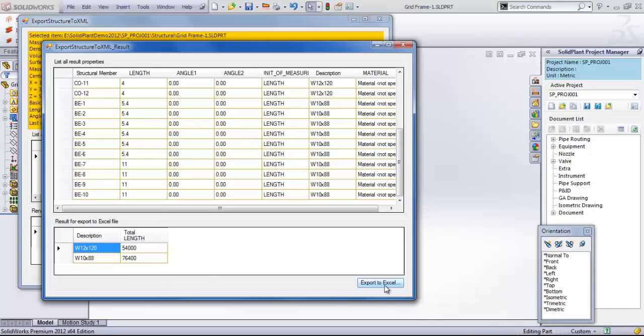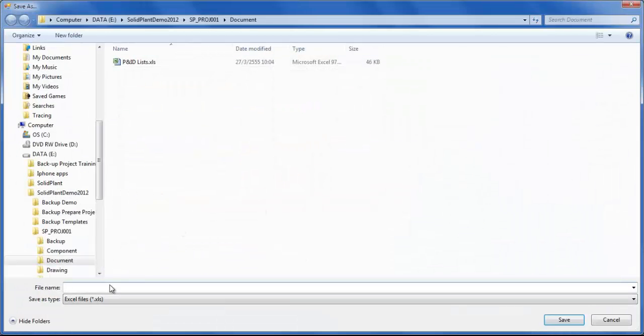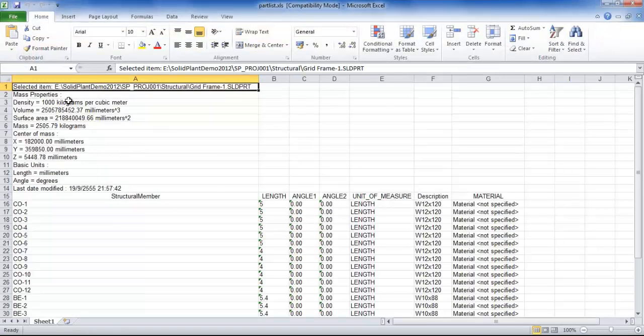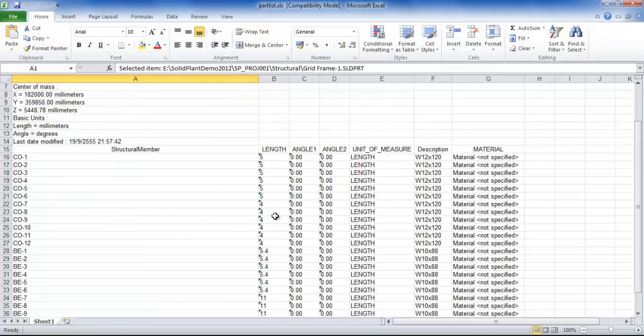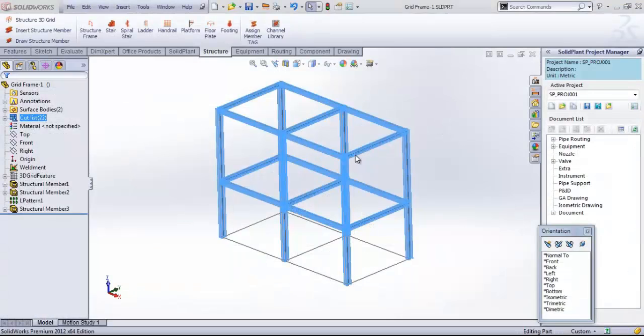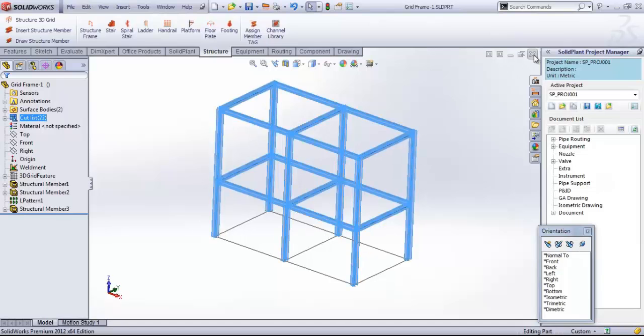We click on the Export to Excel button, save the document under the name Part List, and then save it. We can see the report created in Excel with all the information on it. Now we close our model,